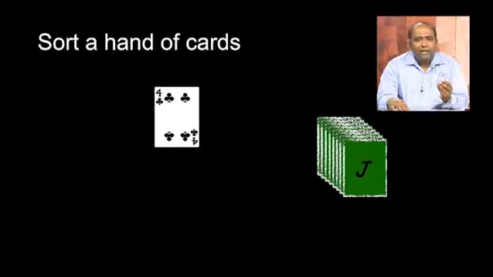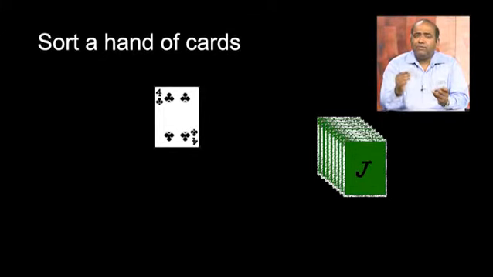Have you played cards? Well, when we play the cards, we are dealt a hand. To arrange your hand better, we sort the cards. So, if the hand is kept like this, then as I pick my cards, I tend to keep it in the correct place. So, let us say I got a club 4,